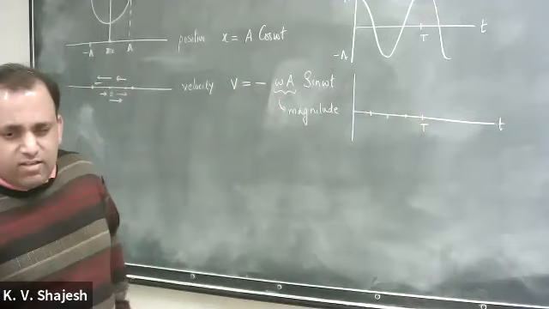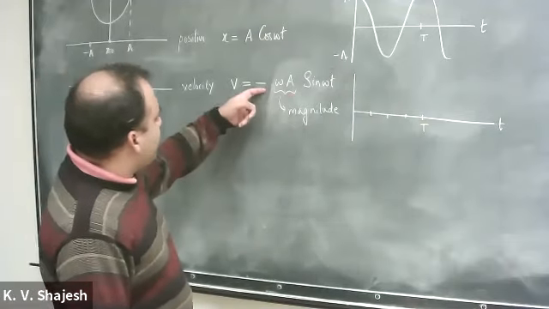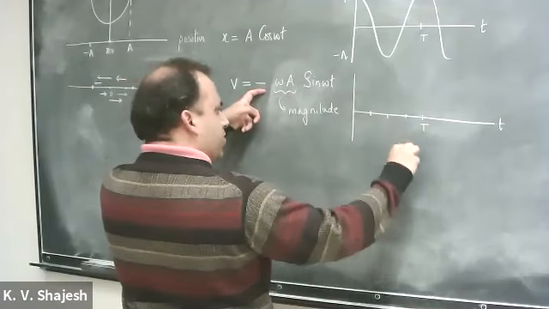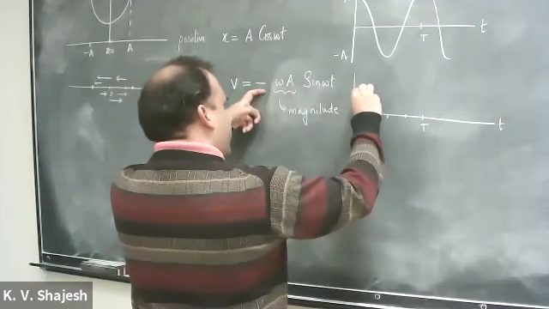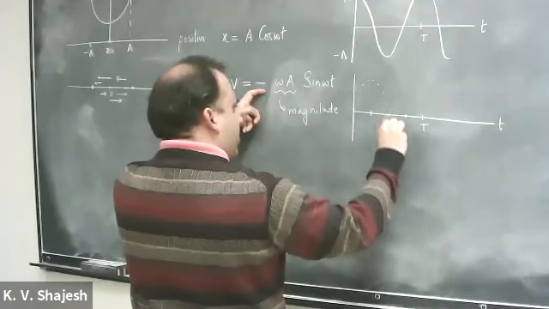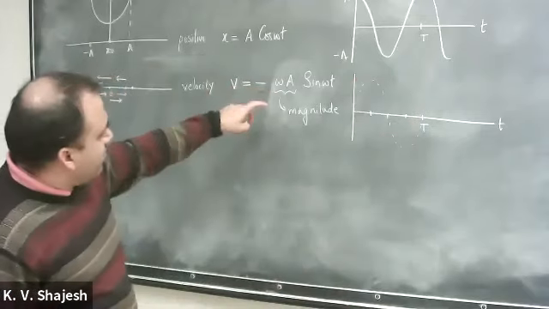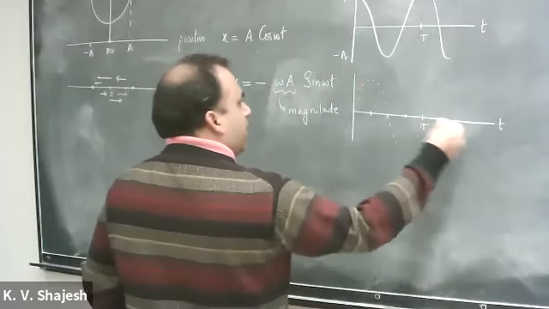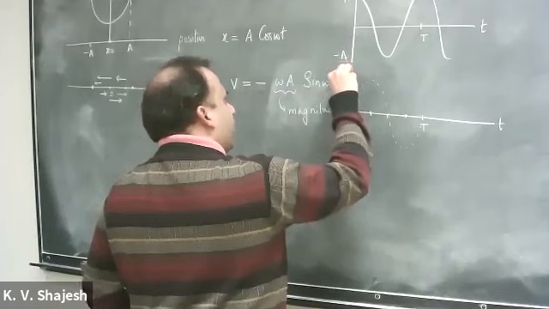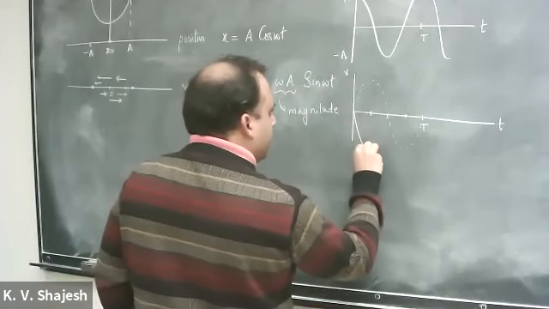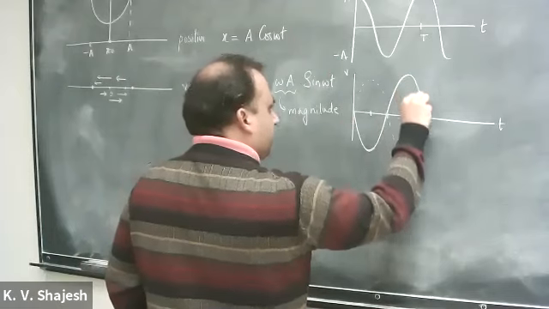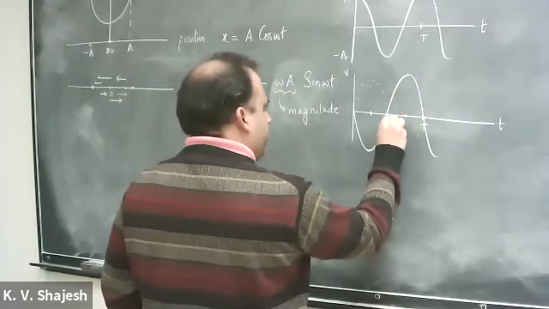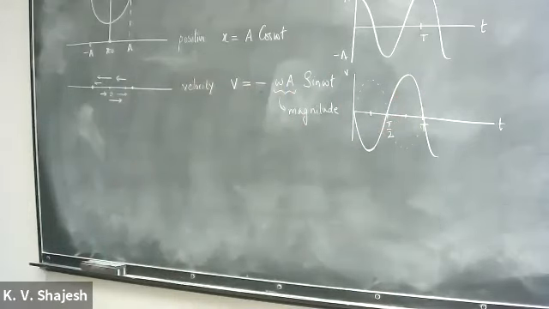And now this is a sine function. Since velocity is given by the sine function, not only a sine function, it is a negative sine function. A sine function would start with 0 and go up and then come down, but it's a negative of that. So remember, a sine function is like this, but it is negative of that. So I have to take the mirror image with respect to the time axis. So I'm plotting velocity here. So this would be like this, and keeps going. So that's t by 2 and so on.